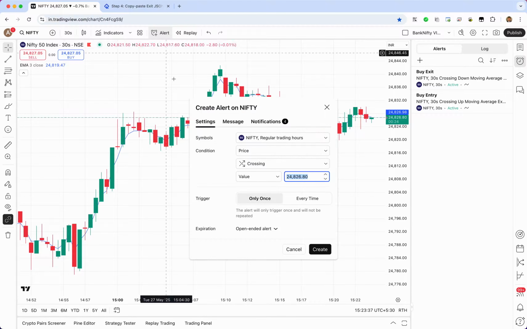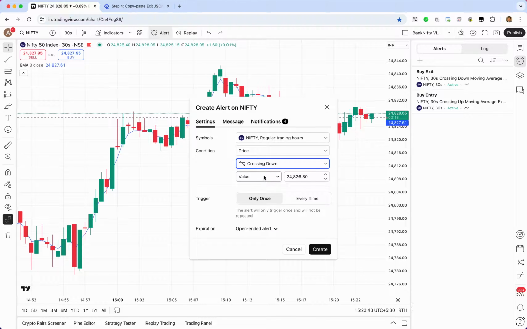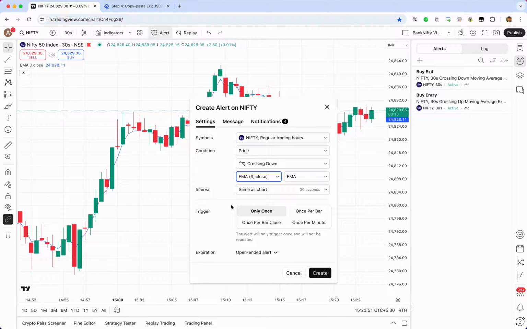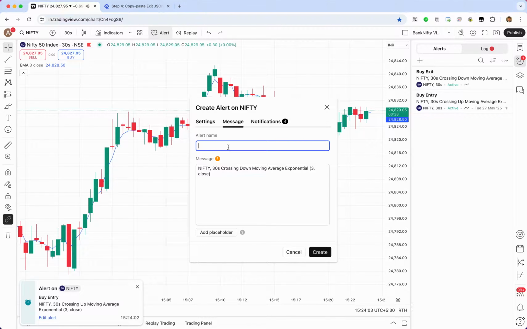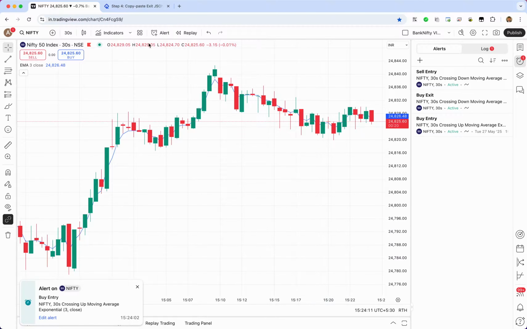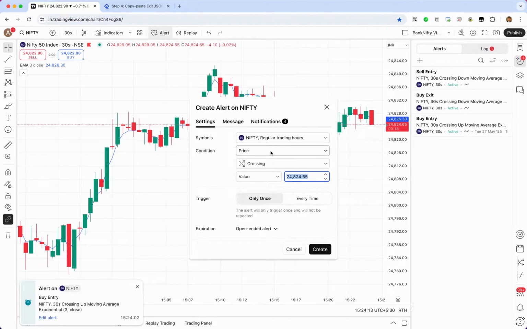Similarly, create another alert for the sell entry position. So if the price crosses down the EMA, then trigger this sell alert. Select once per bar close, go to the message tab, give a name sell entry and click create. Similarly, create the last alert which will exit the sell position.